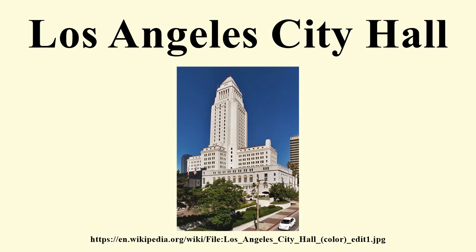The building was designed by John Parkinson, John C. Austin, and Albert C. Martin, Sr., and was completed in 1928. Dedication ceremonies were held on April 26, 1928. It has 32 floors and, at 454 feet high, is the tallest base-isolated structure in the world, having undergone a seismic retrofit from 1998 to 2001 so that the building will sustain minimal damage and remain functional after a magnitude